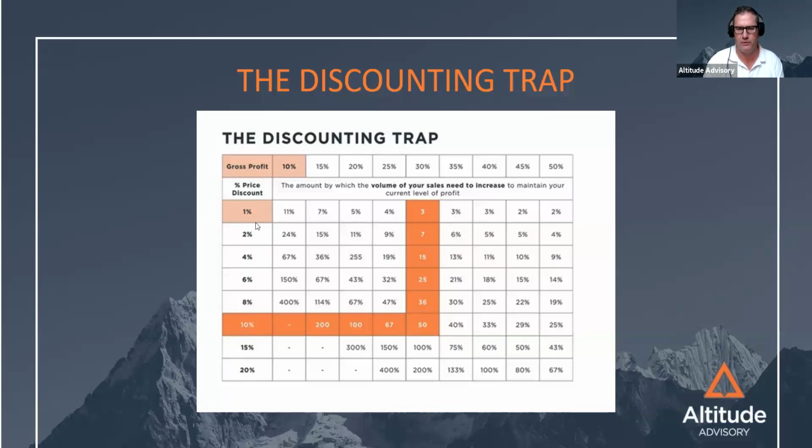So you drop your price by 1%. What does that mean? You see here, I've got an orange band here that I've highlighted as an example. So if we just assume that a business makes 30% gross profit on every job that it does or every bit of stock that it sells, and we discount price by 10%, what happens here is you need to grow your level of sales by 50% to maintain your overall gross profit dollar amount. 50%. So if you're currently selling 100 units, you need to grow that to 150 units before you're not out